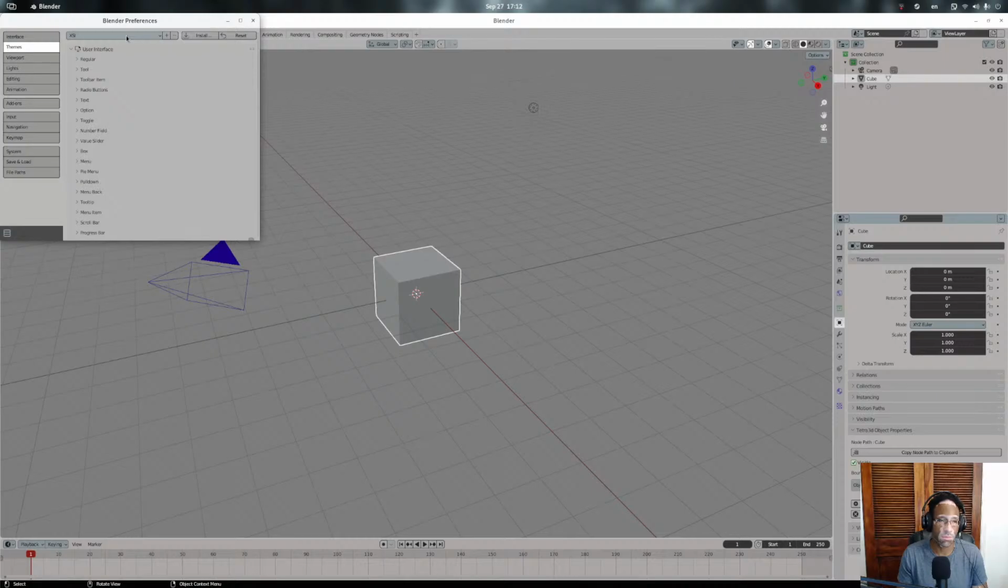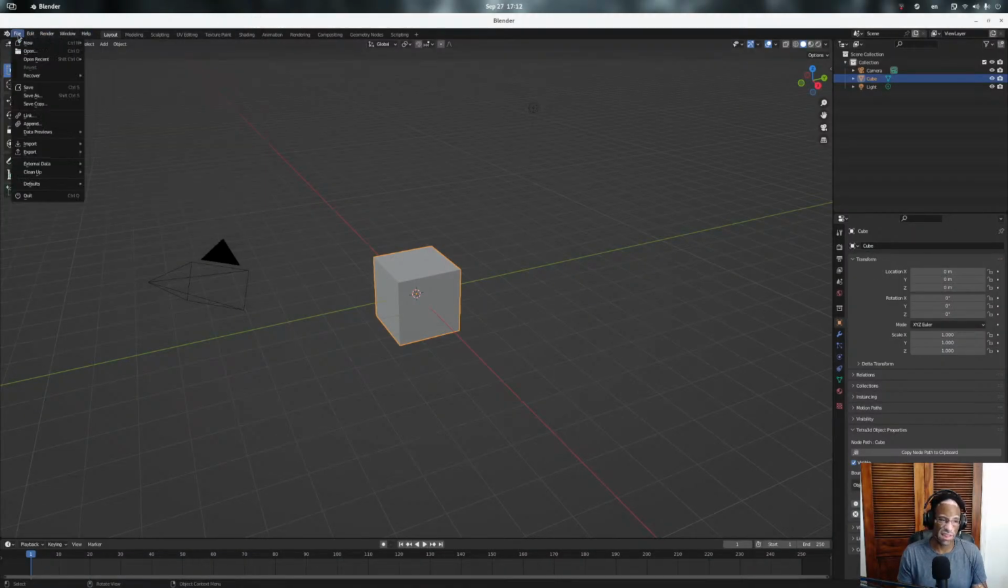That's horrible. I'll stick with the Blender Dark. That's fine. I want kind of a lighter theme. I have to see if I can get one. Anyway,